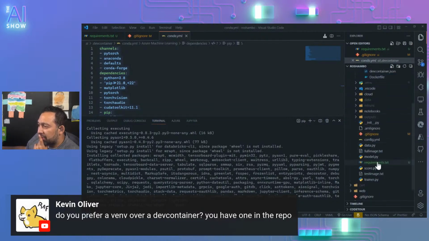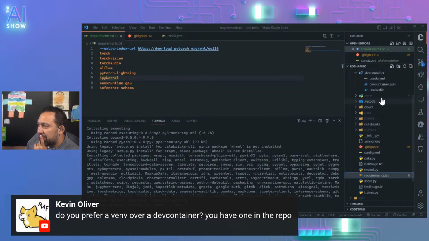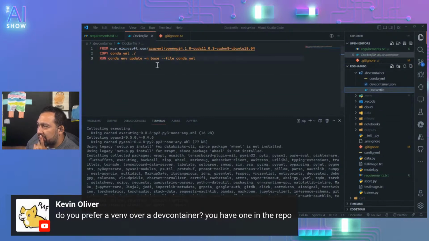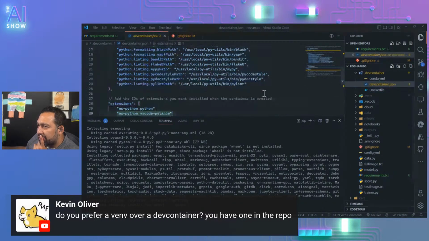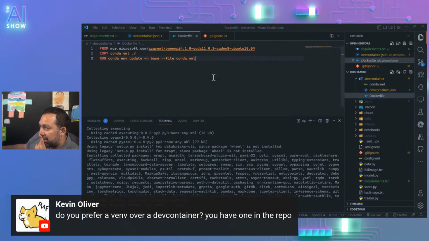Maybe I should even move the requirements.txt over there. Maybe I should just. Maybe I should do that. I mean, I could. I guess we don't need a trailing comma. There's a Dockerfile, right? Using the latest. I think this is CUDA cuDNN 8. Although I think the one that I'm using is greater, but I know this one works.